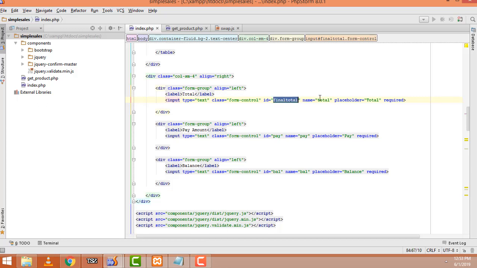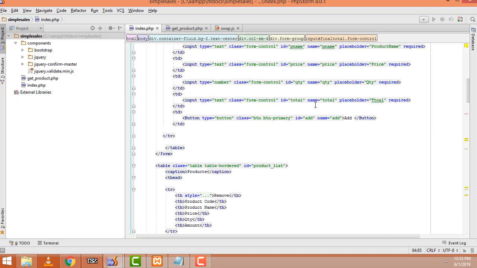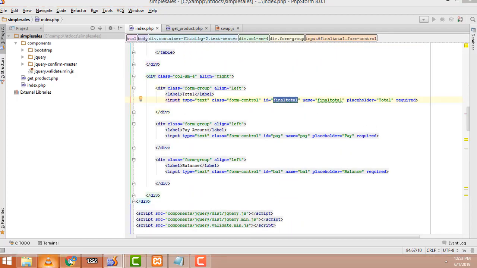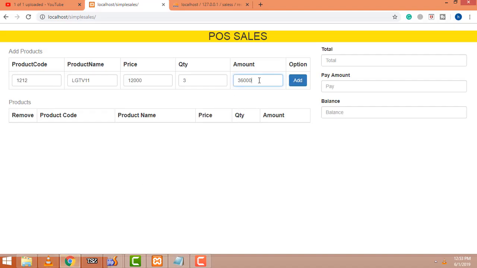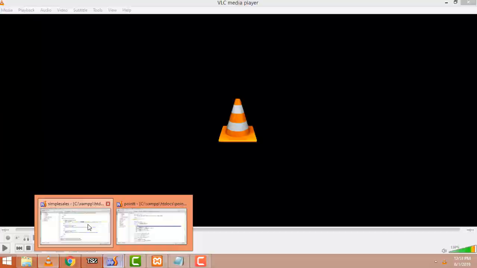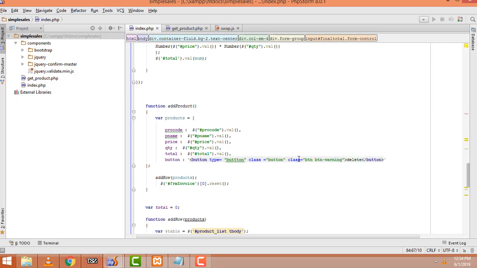Final total, the ID should be final total, because we already have a text box named total, so we have to change this text box name to final total. So we have changed this one as final total. We have to change the ID to final total, so Control C to copy, Control V to paste here,